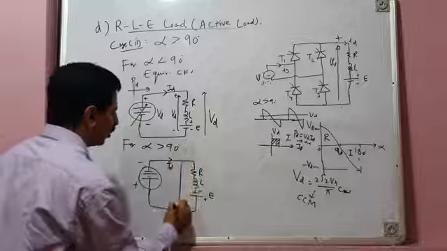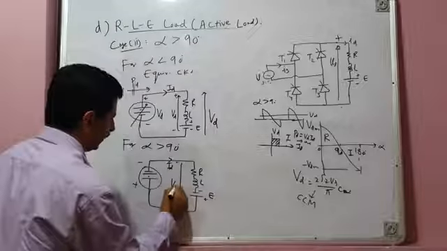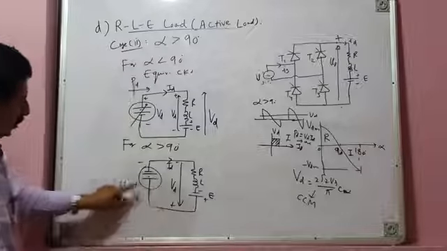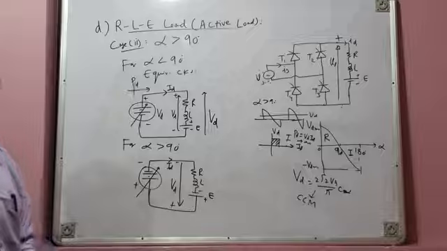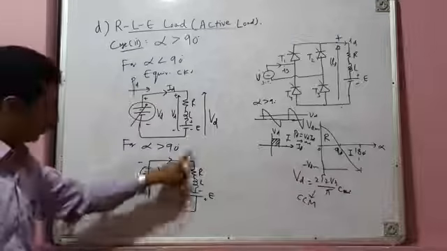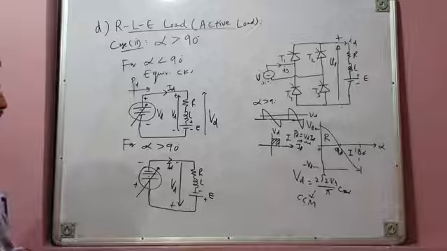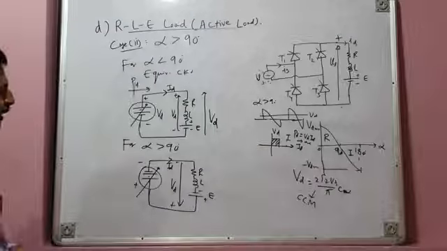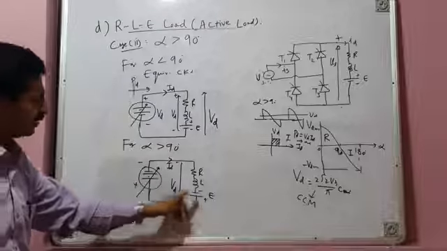So now what is your load voltage? This is your load voltage plus minus VD. Average load voltage is negative now. This is plus, this is minus, because alpha is greater than 90 degrees. And your load's EMF has also been reversed. Now we can see this is your average output voltage plus minus VD, and this is the load.